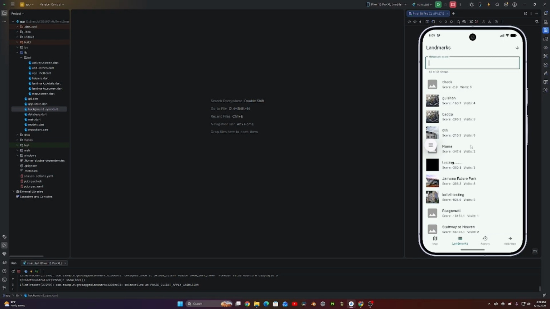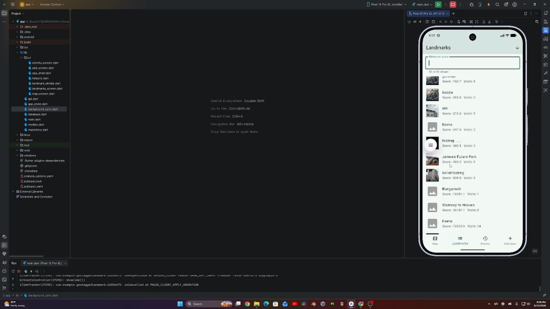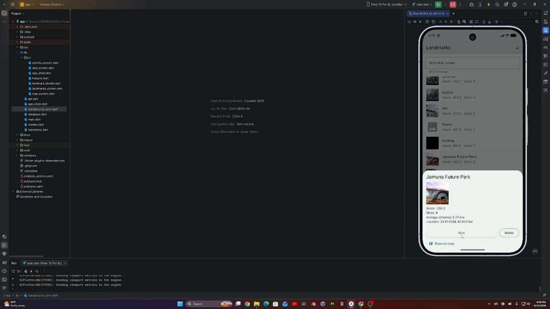Now I'm going to talk about the visit. For example, I already created this for testing purposes. If I tap visit, the API does not give me the distance when I send a visit. It gives me a job ID, and I have to keep checking a second endpoint until the job is finished. So when I press visit, some things happen. It takes me to my GPS location,